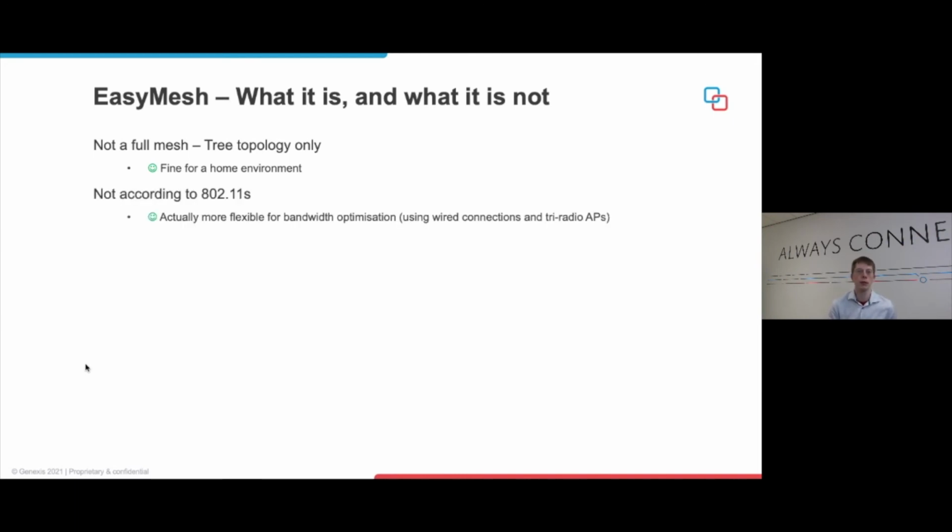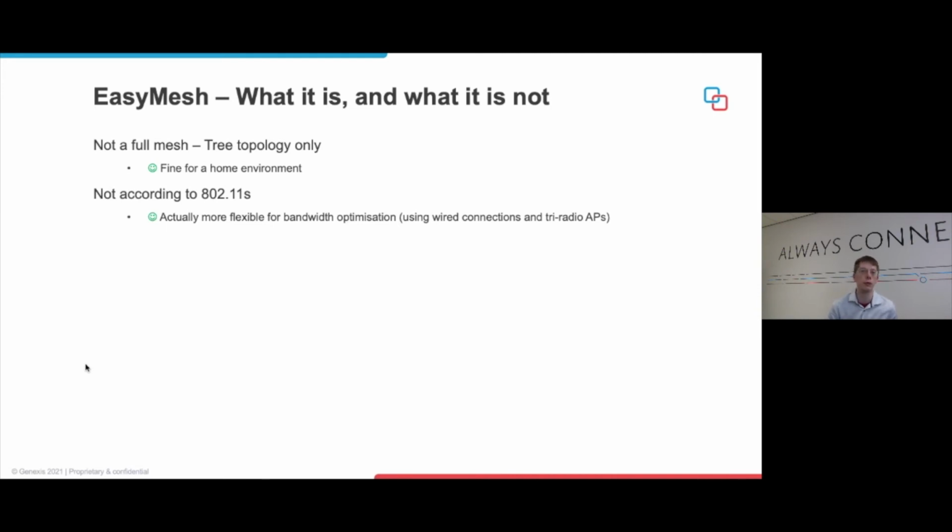And the second part, as we saw, there's a standard 802.11s, and this is not compatible with 802.11s. And I've also put a happy green smiley here because I think this is also good, because 802.11s suffers a lot from having all the connections on the same channel. So you basically are never left with good enough bandwidth in your home, even if you're on Wi-Fi 6 and